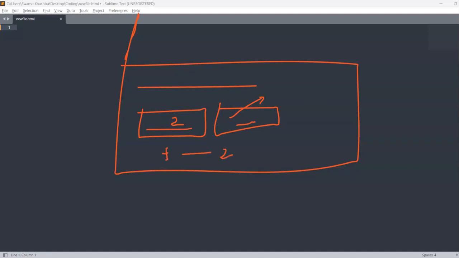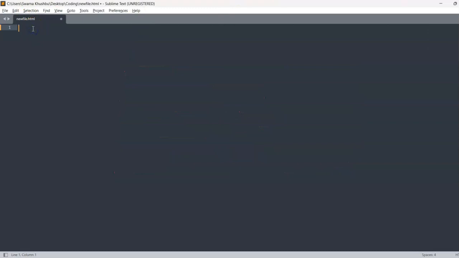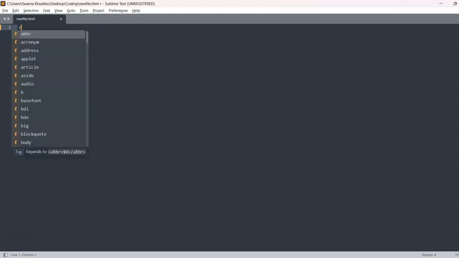Now to find out the factorial of a number, you have to run the for loop, right? For any number you have to run a for loop for finding out the factorial. So now how to use that particular for loop in your JavaScript, that I'll be showing you. First of all, I'll be starting with the HTML code for the desired output which we want. So let's start with the